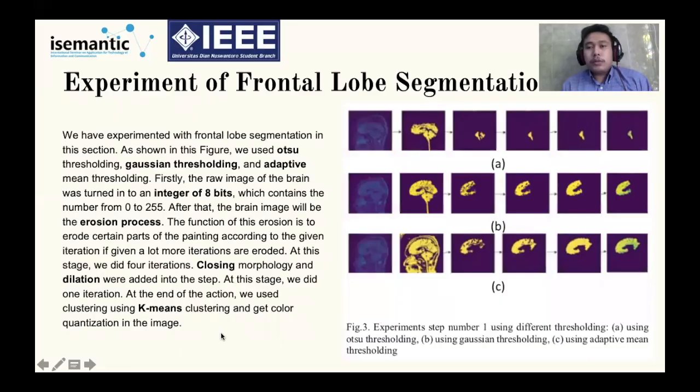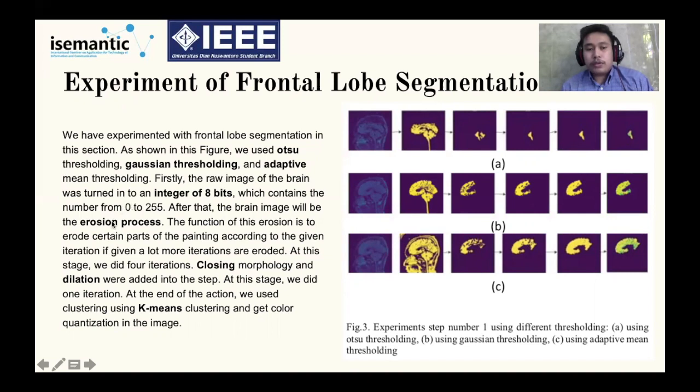So for the experiment on frontal lobe segmentation, we use Otsu thresholding, Gaussian thresholding, and adaptive mean thresholding to change the integers into 8 bits, like this one. After that, we go to the erosion process.